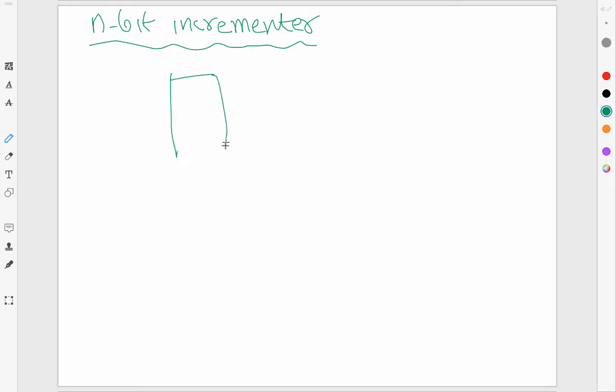So basically, I'm taking an n-bit number, let's call it d. I want to produce an output x, and I want x to be equal to d plus 1. That's what I'm looking for. And if it overflows, then